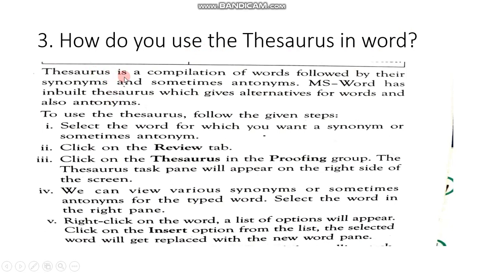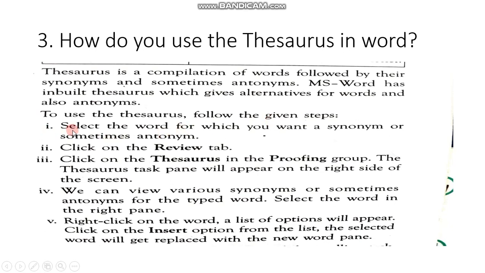Answer. Thesaurus is a collection of words followed by their synonyms and sometimes antonyms. MS Word has an inbuilt thesaurus which gives alternatives for words and also antonyms. To use the thesaurus, follow the given steps.